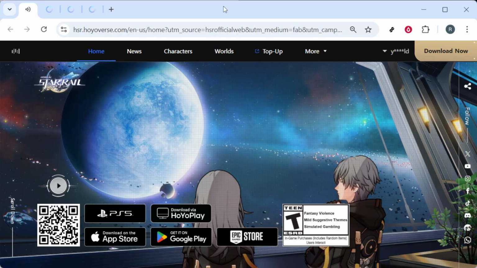Start by opening a web browser and going to the official HoYoverse account portal for Honkai Star Rail. This is where all your account settings live. Once you're there, log in using the same method you use for the game, whether that's your email, mobile, or a linked third-party login. Double check that you're signing into the correct account to avoid making changes to the wrong